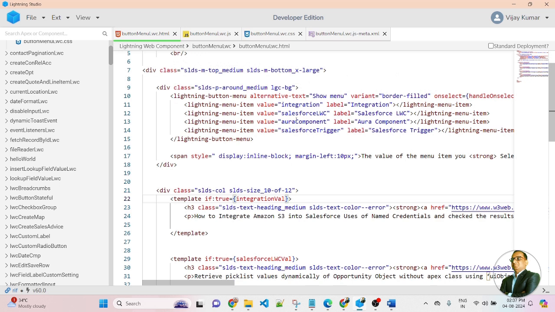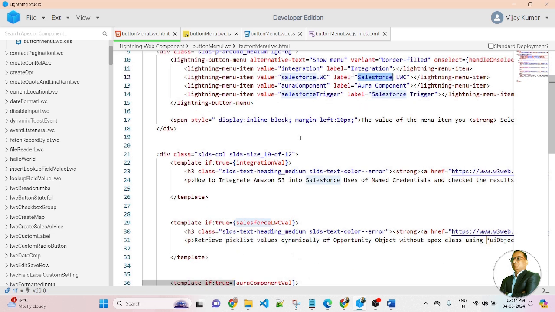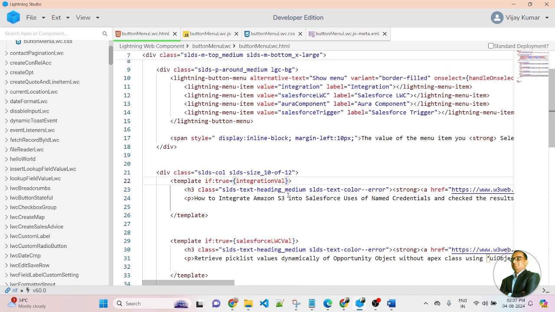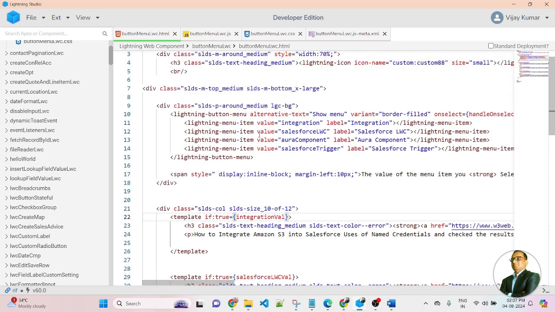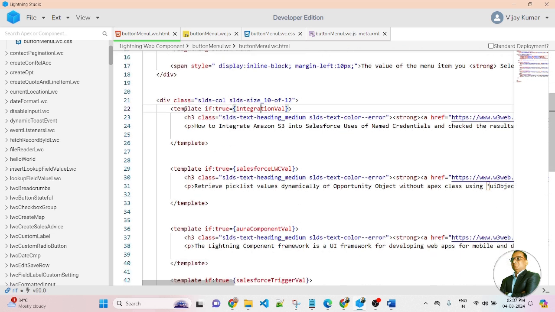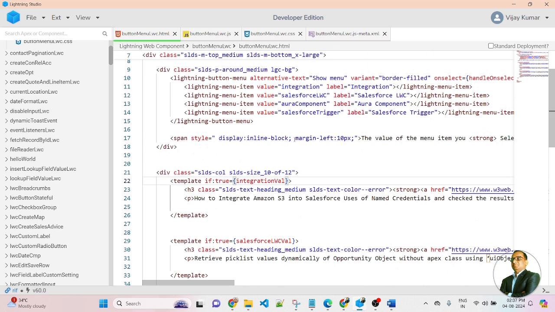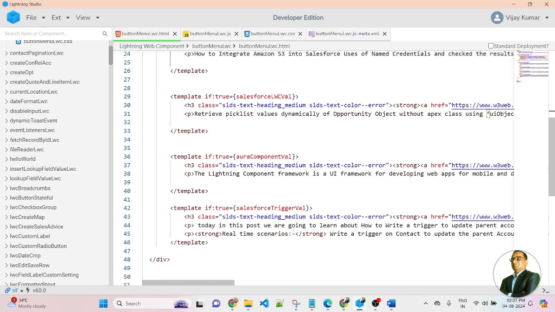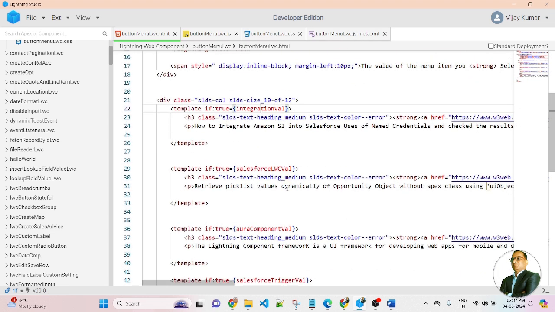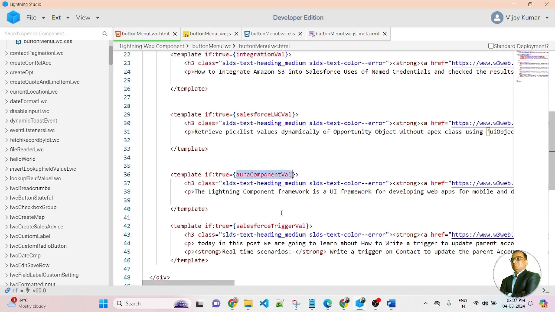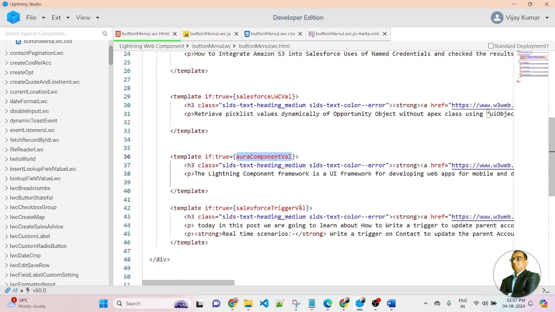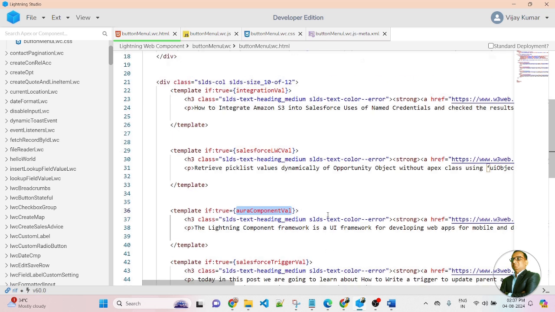So once selected, here I will get the selected value from the drop down. Based on the selected value, I am passing the value true and false in the template. So once it gets true, then it will be visible. Otherwise, it will be hidden. So friends, there are four drop down menus. Here I am mentioning there are four templates. So based on this selected menu, I am creating data to display the selected drop down value. Here you can see each and every template has a different type of value. Once it gets true, then it will be visible. Otherwise, it will be false.